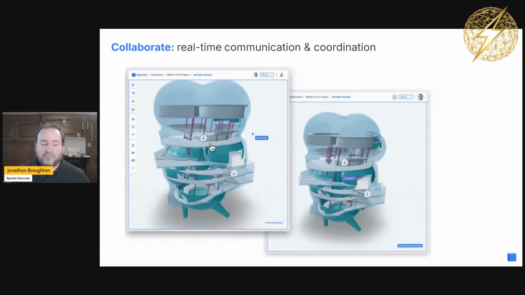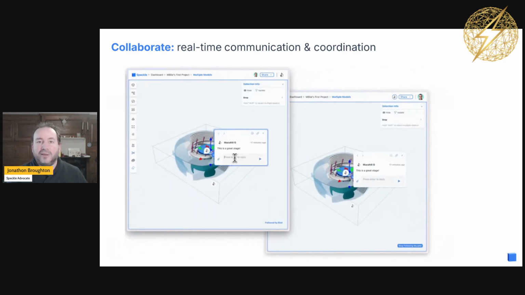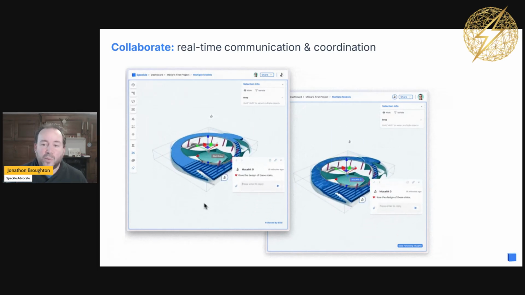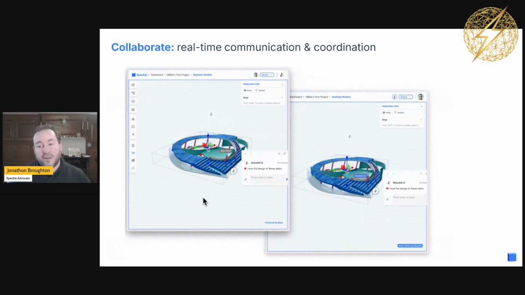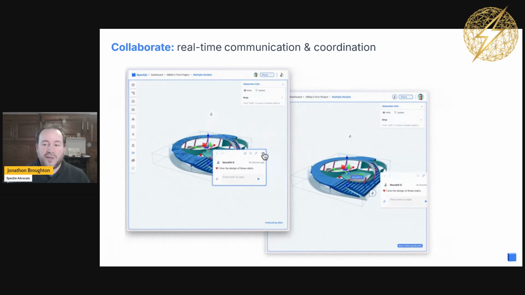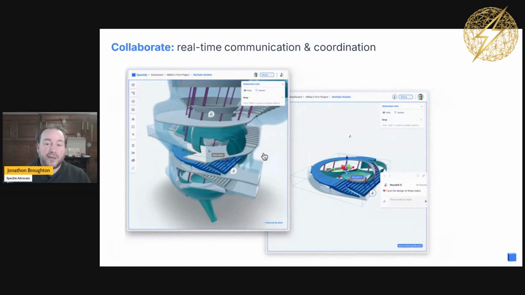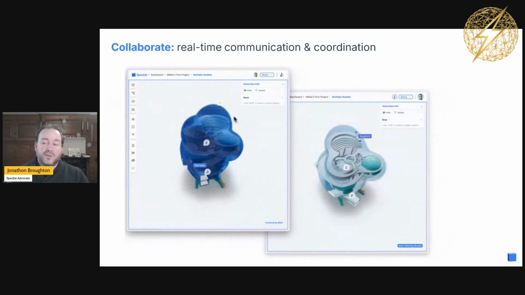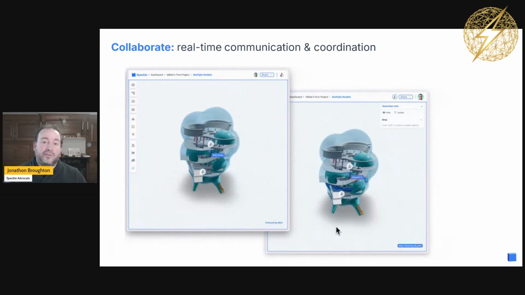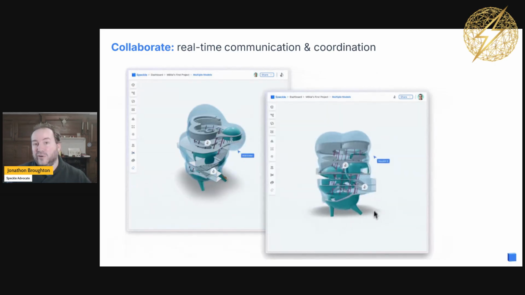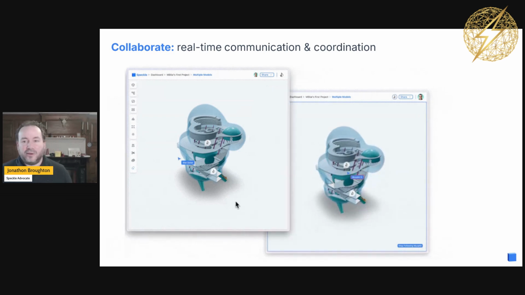So rather than sending a PDF to somebody and having them consume it and not understand it, you can have a real conversation live as a web call on Microsoft Teams, but at the same time we're able to see that I'm framing a view, and what you're able to see is not only that I'm framing a view, I'm framing a point of view about the model that's available.